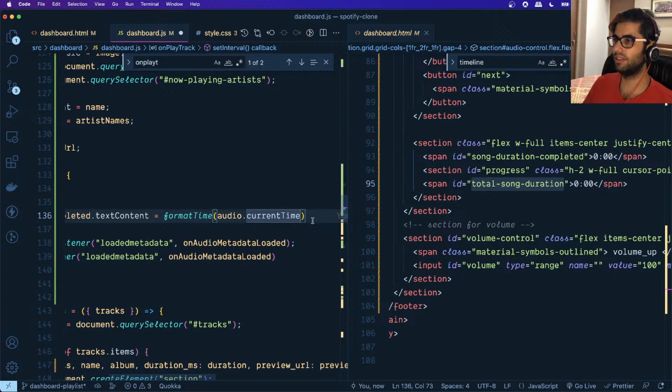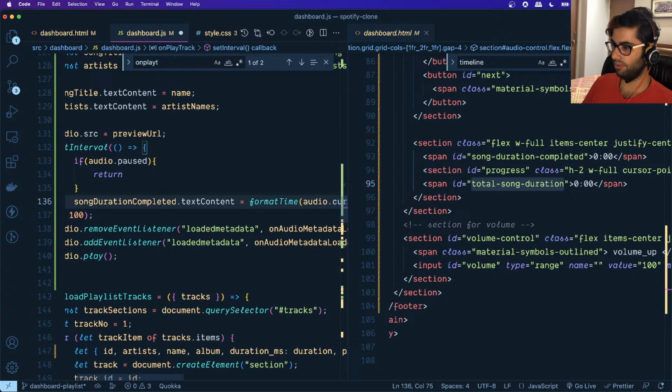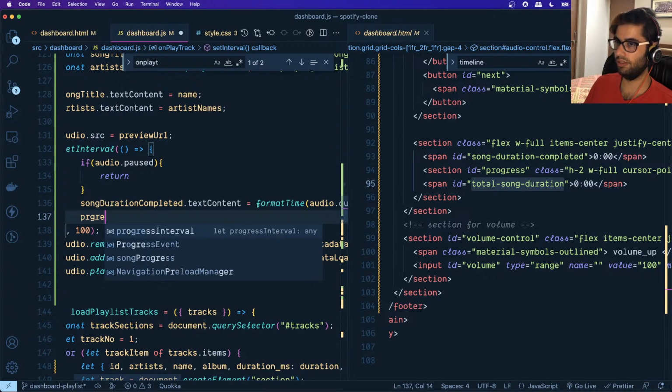This returns the value in seconds, I think. Let's save this, and we will say that the progress,